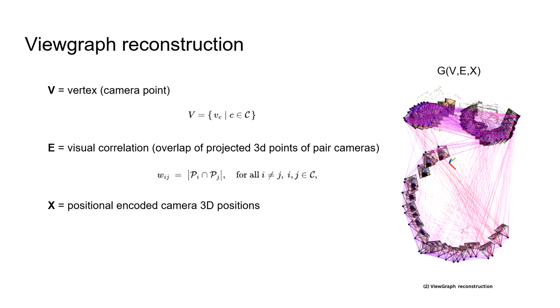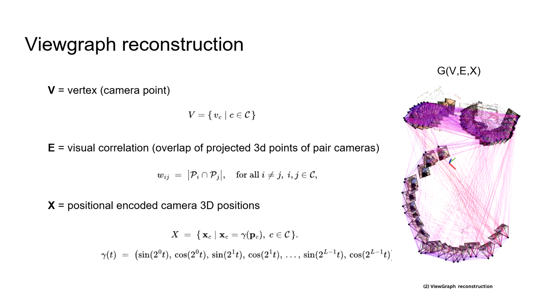For each camera pair ij, we project their observed 3D points and define the edge weight as the size of the overlap. We use this value directly as w_ij. For node features, we apply a NeRF-style positional encoding to every camera center, mapping its 3D coordinate to a higher